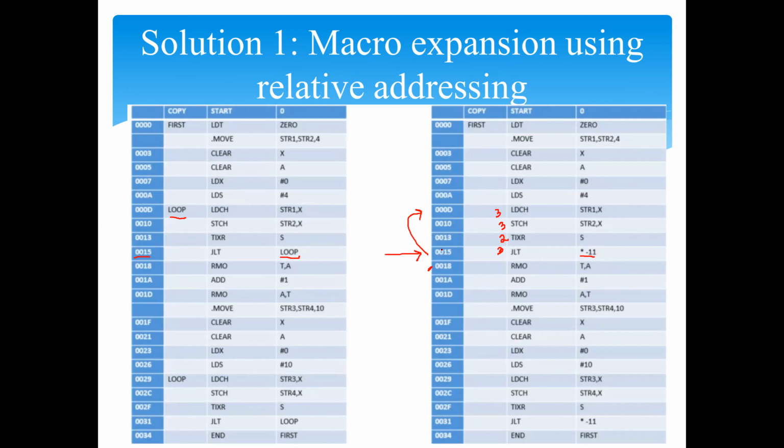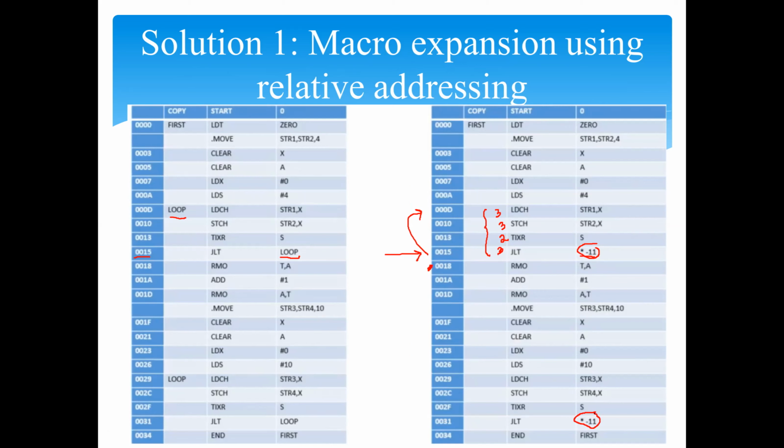Because star means it points to the current LOC CTR. So in this instruction, LOC CTR would already be pointing to the next instruction. That is why you have to jump these many bytes back in order to go to the current location. That is using relative addressing. The same way you can see the expansion written here also.